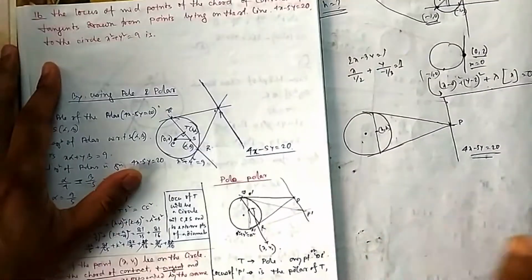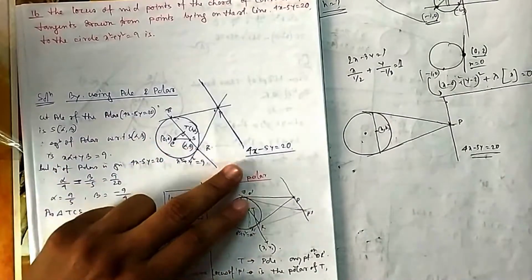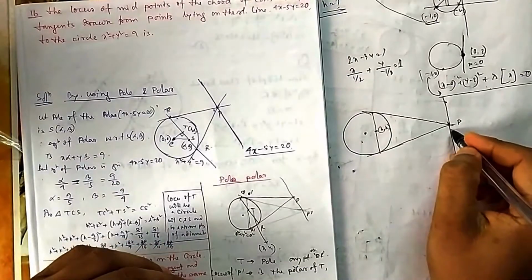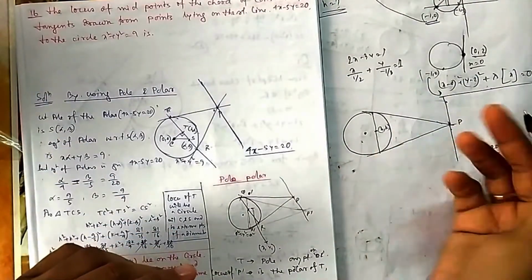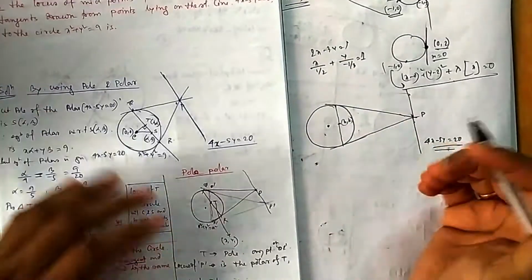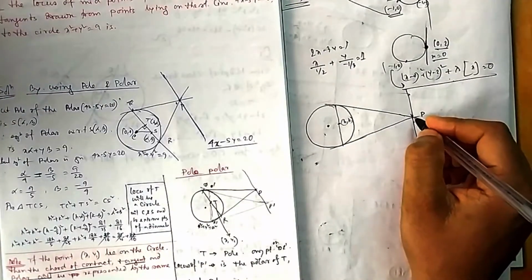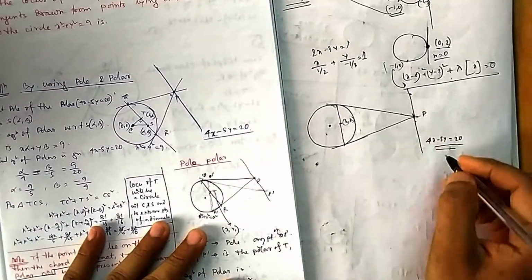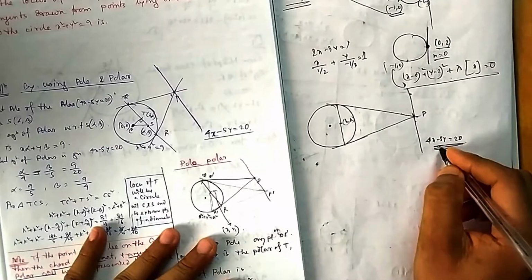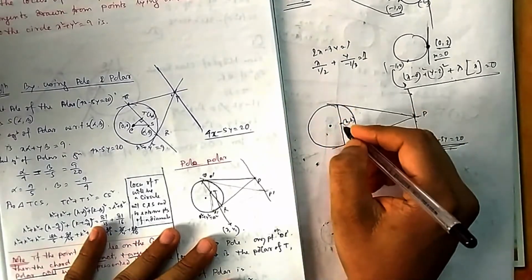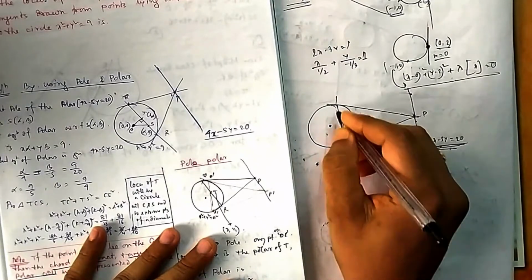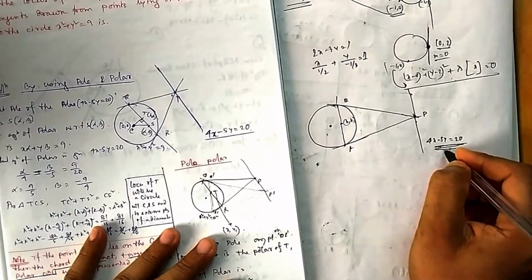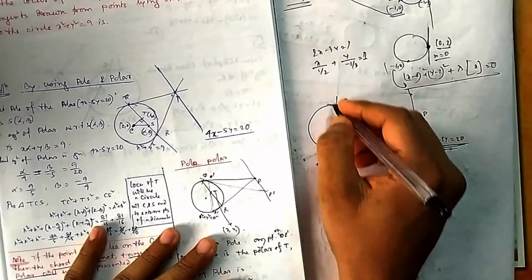Now if I use the concept of pole and polar, you know pole and polar are vice versa. If this line becomes the pole for another one, then the polar for that one will be the pole for this one. These are vice versa. That theorem we have studied. So suppose this line is a polar. What will be its corresponding pole? What was the pole? If you take a point and it intersects at 2 points, Q and R, and you draw tangents where they meet, that line becomes the polar. So where will be the pole of this line?